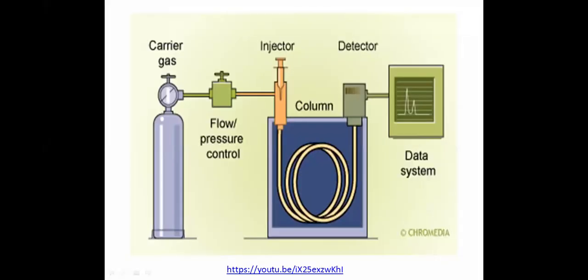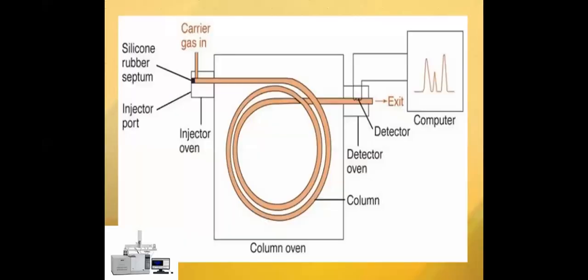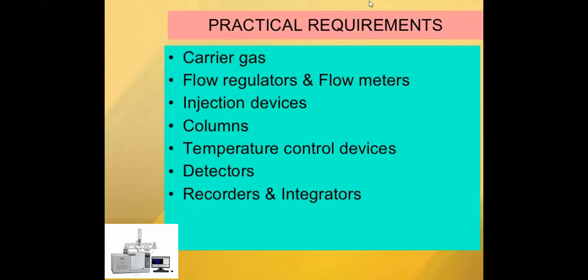So as we have started here with the instrumentation of gas chromatography. The instrumentation part starts from the carrier gas, different flow regulators, injector system for the injection of samples, column, detectors, and the data analysis. So very important. Again, I am repeating the same thing, that it is very important for volatile as well as gaseous samples.